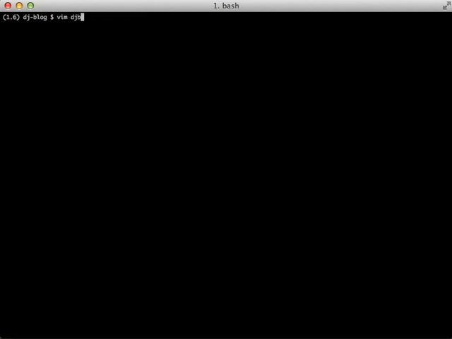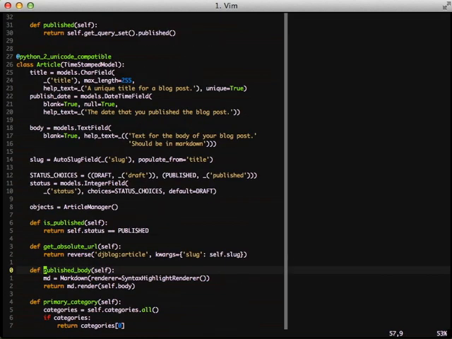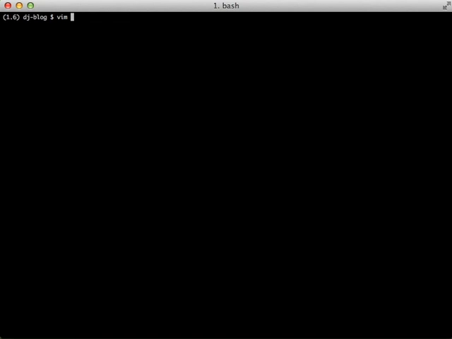First thing we're going to look at testing is our published body method on our article model. If we'll go ahead and take a look at it, we can see that we're instantiating a new instance of Markdown, setting a renderer, and we're rendering out self.body and converting that Markdown that we would have in that field into HTML. In order to test this, we need to actually call this published body by hand in our test